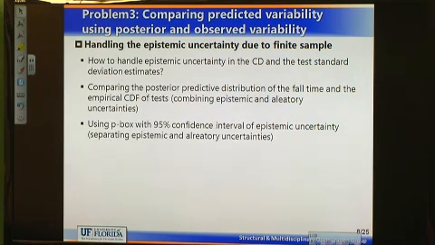Oop, went too fast. Now I'm going to present the, yes. You go to slide